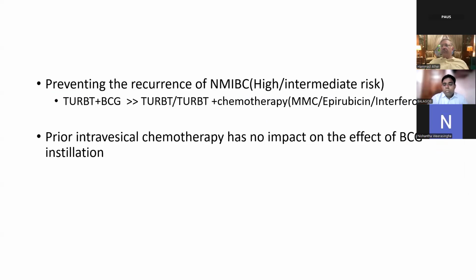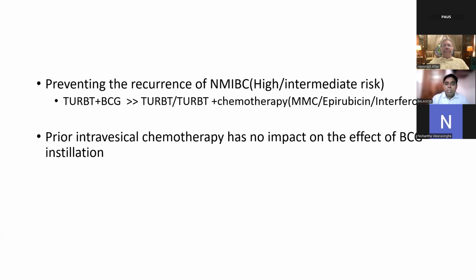Again, we know that TURBT plus BCG is better than TURBT plus chemotherapy with either MMC, epirubicin, gemcitabine, or interferons. And another point we have to remember is that prior intravesical chemotherapy has no impact on subsequent treatment with